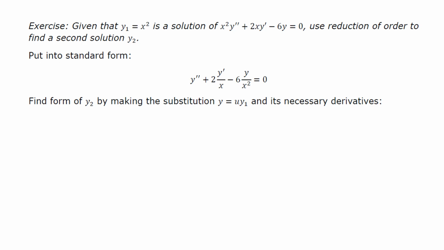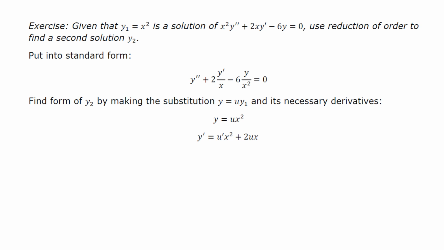Okay, so now we want to find the form of y sub 2, and to do this, we're going to make a substitution. We're going to set y equal to u times y sub 1 and find its necessary derivatives depending on what's present in our standard form DE. So y is then going to equal u times x squared, because y sub 1 is x squared, which was given to us. When we take the derivative of this equation, we will get u prime x squared plus 2